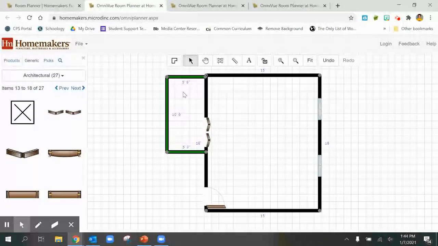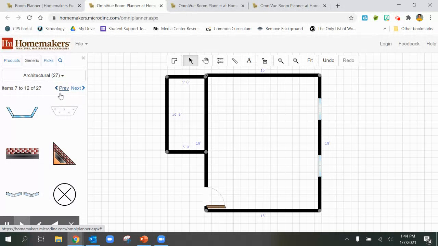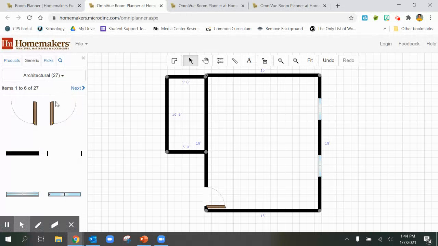Now, I was just kind of doing that without thinking about it too much, honestly. And so now that I'm looking at it, I can decide if I think this is a good size for my closet. This would be a nice big walk-in closet, so I think I am okay with that. But upon looking at it, I think I'd rather, instead of having these bifold doors, have just more of a traditional door. So I'm going to go ahead and delete these and go back and add just your standard swing